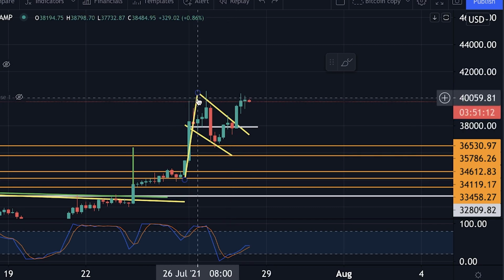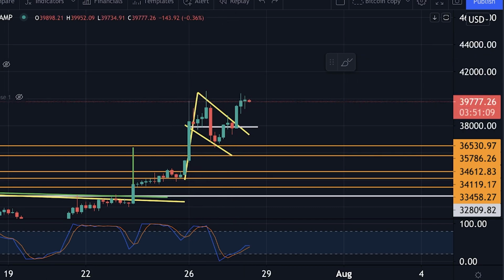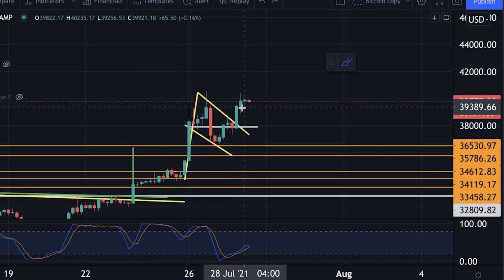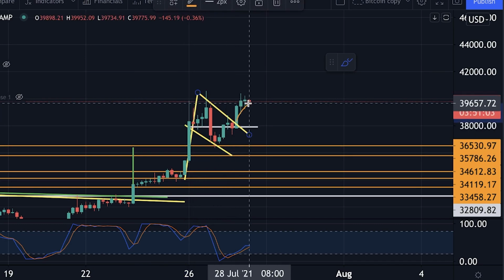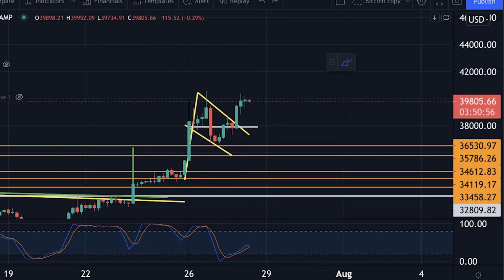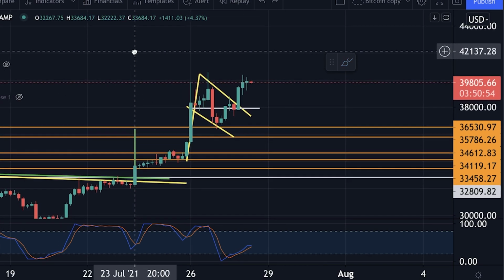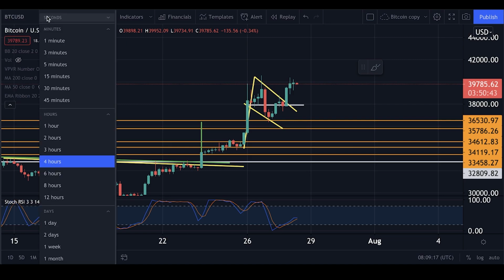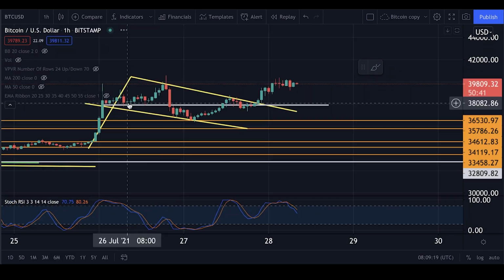We broke here out of the bull flag that we were forming here. So, but now, even though we got the breakout and we are moving here to the upside, the breakout happened here, what will happen now in the immediate short term to Bitcoin? And like I mentioned earlier to you guys, unfortunately I see here bearish signs on the 4-hourly chart unfolding,